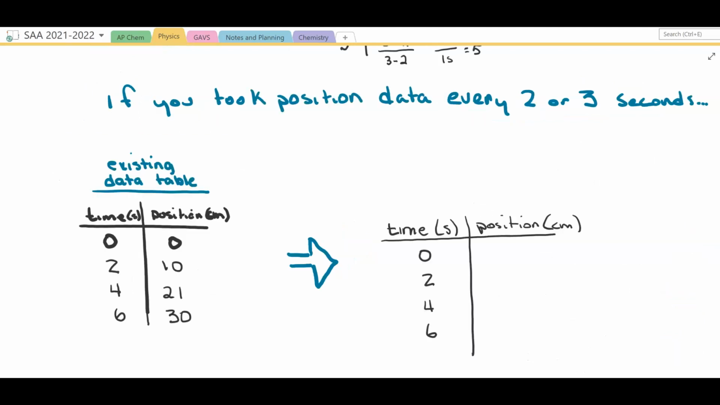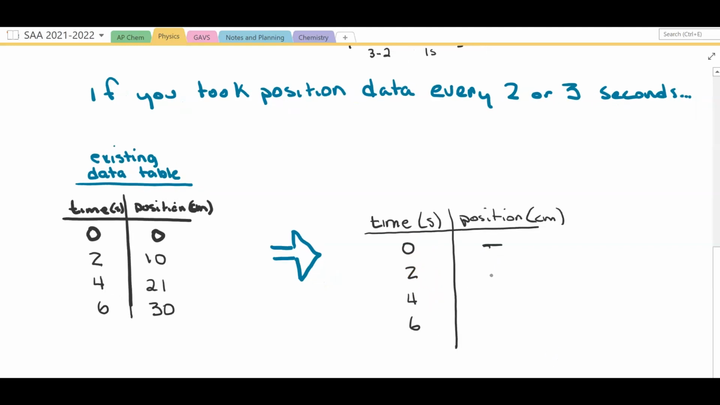Some groups took their position data measurements after 2 seconds or even 3 seconds. If this is you, you're still going to do the exact same thing. Let's look at this data table. We wouldn't have an initial change because this is the starting point. But after 2 seconds have passed, we have a change in position versus time for our average velocity of, we've gone from